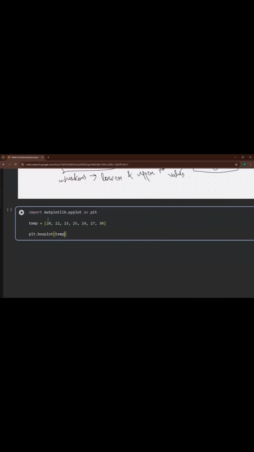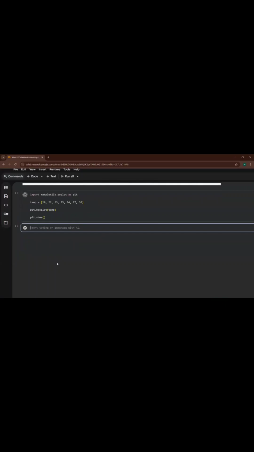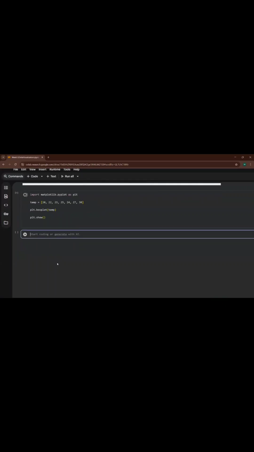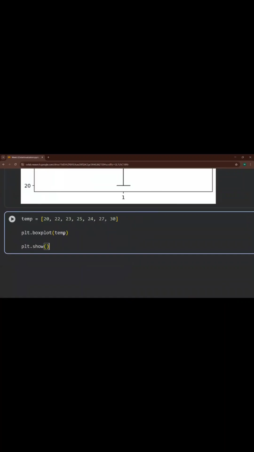Inside that, just put the temperature. Then plt.show. It will create it automatically. Okay, everyone got it?